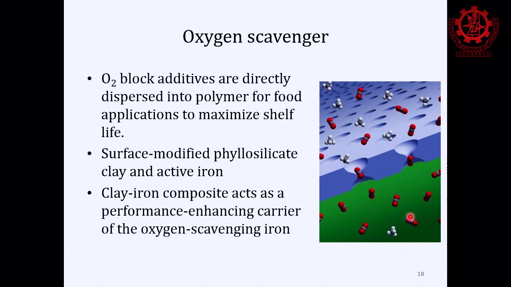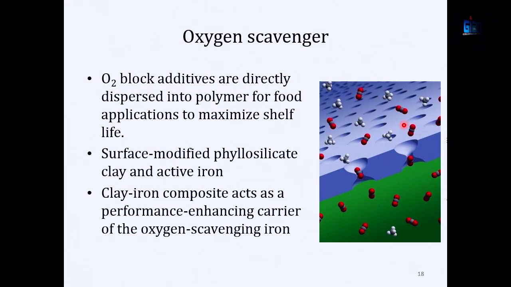How does it work? If you have these oxygen absorbing additives in the polymeric structure, as oxygen diffuses from outside to inside because of the partial pressure difference, rather than coming in contact with the food, it will be absorbed within the polymeric structure. And this process will continue